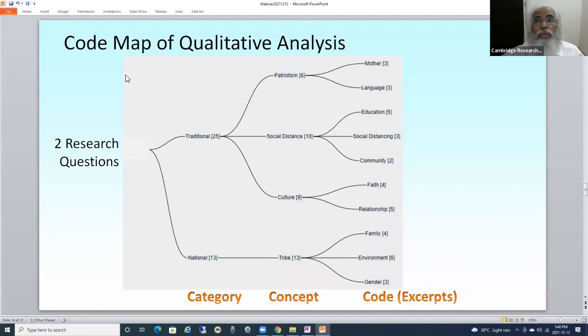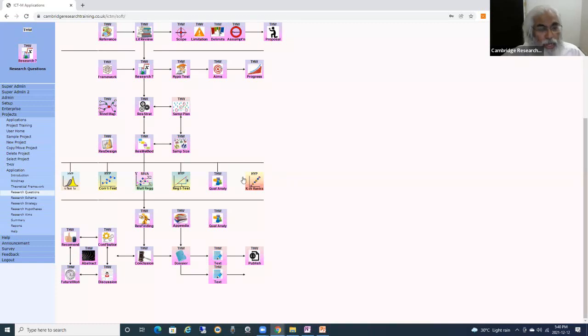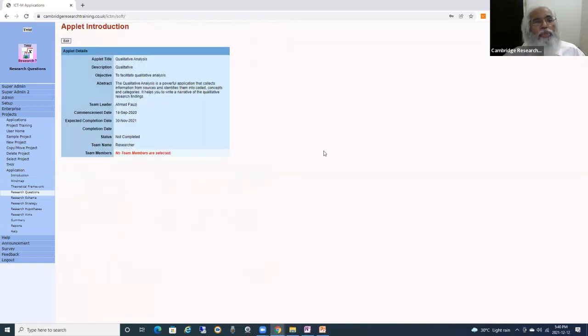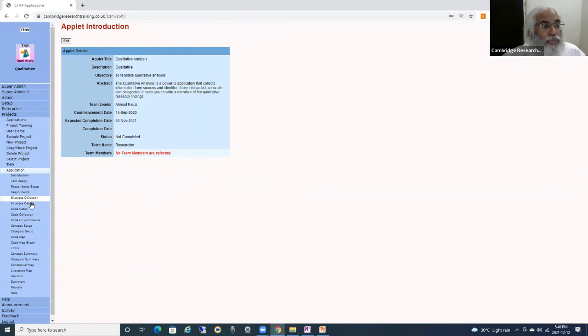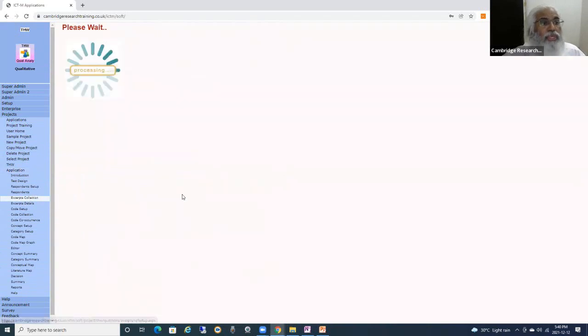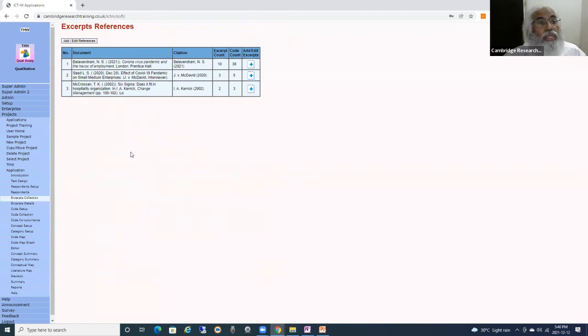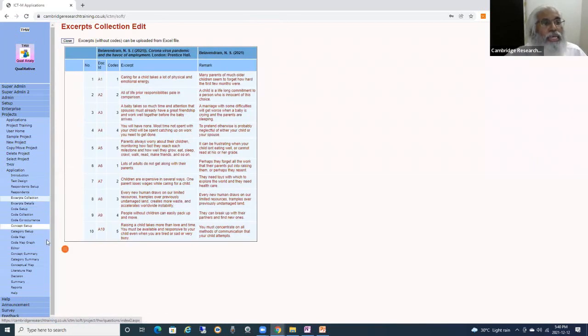Okay, so this is what we want to do, but we are going to see that in the program. So here is the program. So we go into qualitative analysis. Here we have the excerpts collection. Now in the excerpts collection, you can see here, for instance, I've done some data collection. The data collection is uploaded into the reference. Just now I showed you the reference. So I upload it into the reference and then I attach the reference to the excerpts collection in